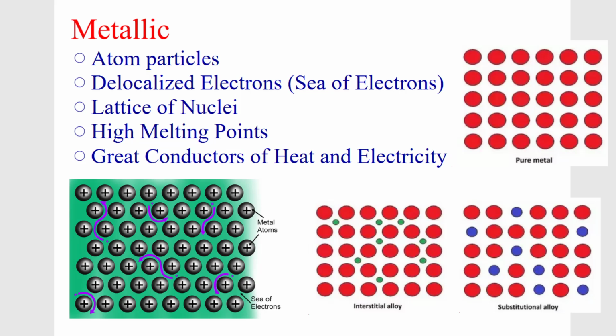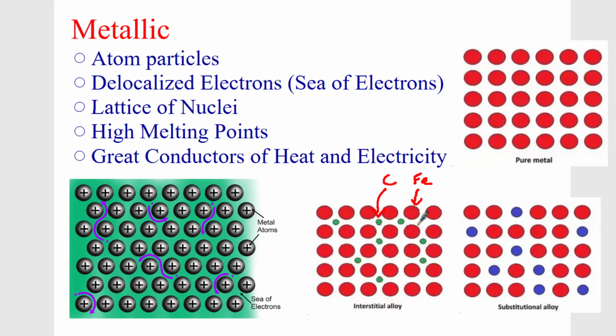And so you can see a pure metal just looks like atoms with a sea of electrons. We do have different kinds of alloys, which means mixtures of metals. You can see an interstitial alloy would be something like steel, where we have carbon atoms, which are very, very, very small in atomic radii, and we have iron right here. So iron has a much larger atomic radii, and the carbon fits in these little spots, which makes steel much stronger than just regular iron because those carbon atoms fill in. We call that an interstitial alloy.